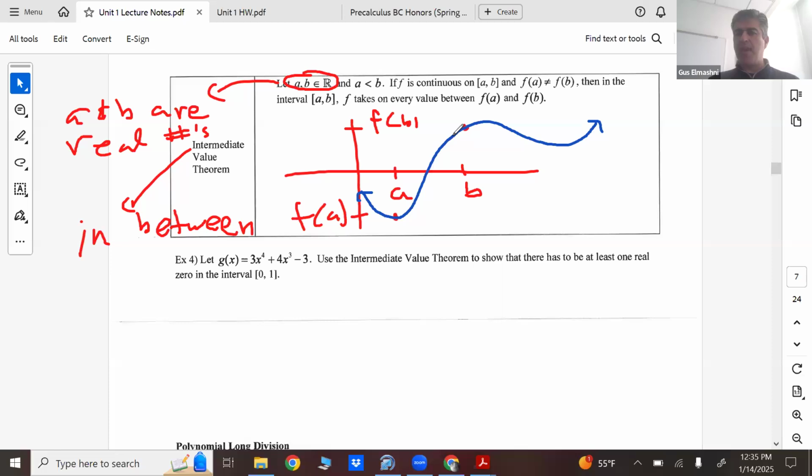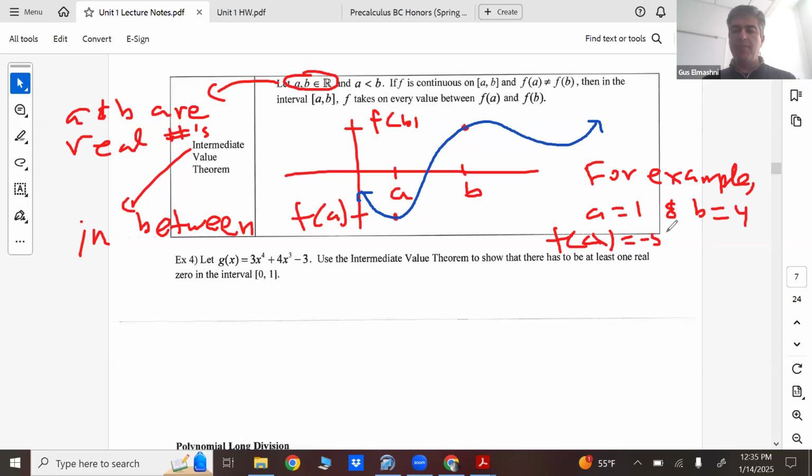So what do you think that means, takes on every value? Let me give you a hypothetical. Yes, Sean, go ahead. It'll touch every Y value in between those two, F of A and F of B. Yes, that's correct. For example, let's say A equals 1 and B equals 4. And let's say F of A is, I don't know, -5, and F of B is 6. What this means is that